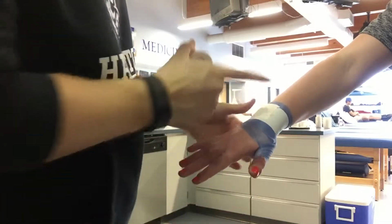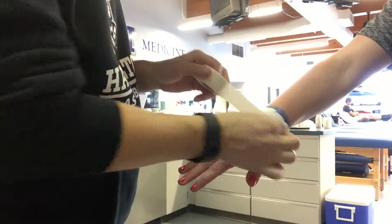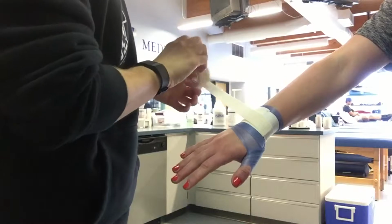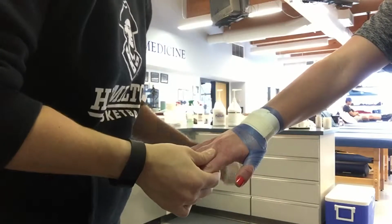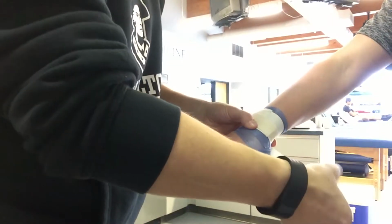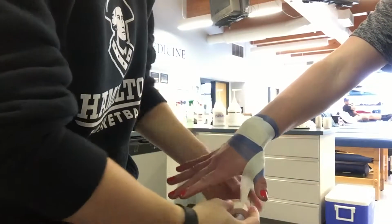I'm going to start on the back side here, start right over the radius, and I'm going to aim towards the ulna, which is the outside. I'm going to do 1 full revolution, so passing over that starting point, coming around again. As I come around for my second pass and I'm approaching this thumb joint, that's where I'm going to now cover it. So I'm going to come straight over the back side, through the web space,